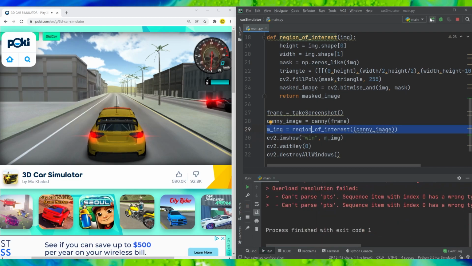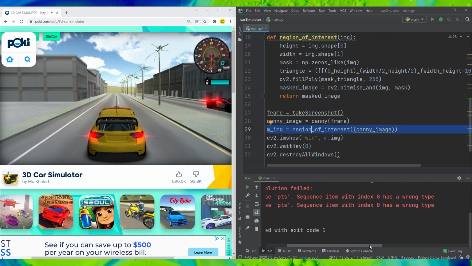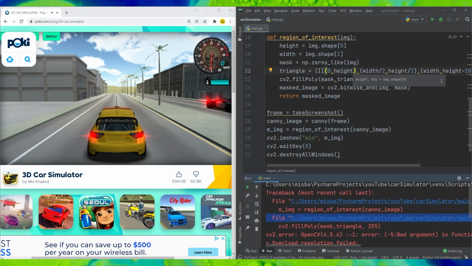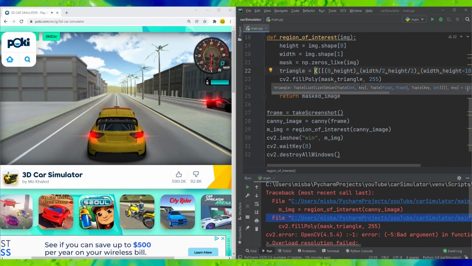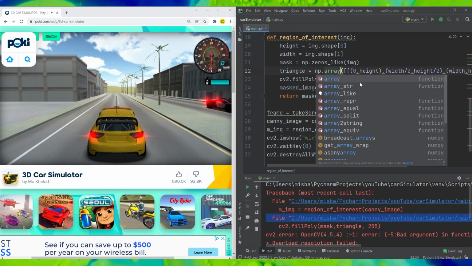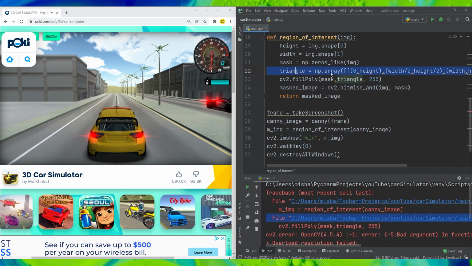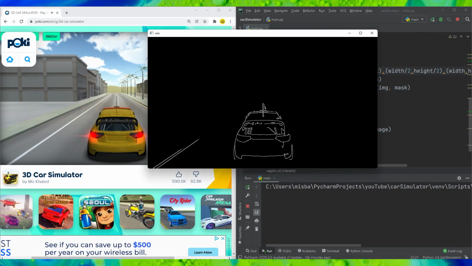Running this, there seems to be a code error issue with the function. Let me minimize this and see what's happening here. Oh, we did not create an array here. So the triangle should be an array, and this array will now be created based on the points that we're giving. Run this. Yep, it looks like it is able to create this,